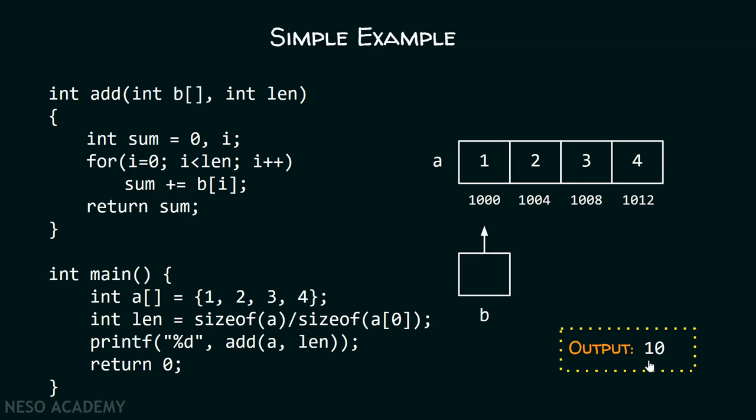With this simple program, it is clear that whenever I'm saying that I'm passing the whole array, actually I'm not passing the whole array, I'm passing the base address of the array, and there is some pointer that must receive that array, and int b square brackets is equivalent to int star b. Therefore, it is a pointer only. And this pointer is representative of this array A in this function. Therefore, we can say that B is nothing but A only.